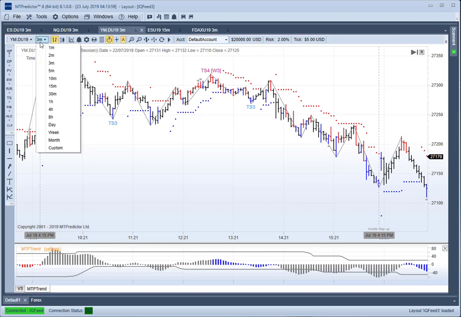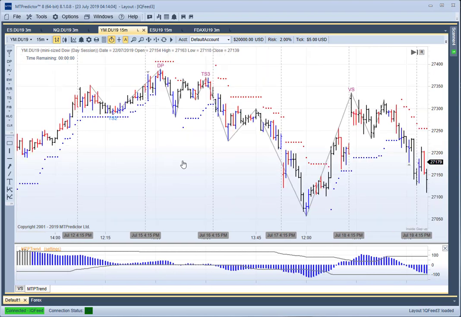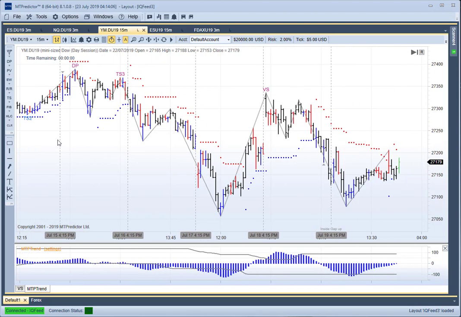For this we go to the higher time frame chart. For this we look for a time frame between 3 and 5 time frames higher. So if you're on a 3-minute chart, it would be the 15-minute chart. If you're on a daily, it would be the weekly chart. If you're on a 4-hourly forex chart, it would be the daily chart.